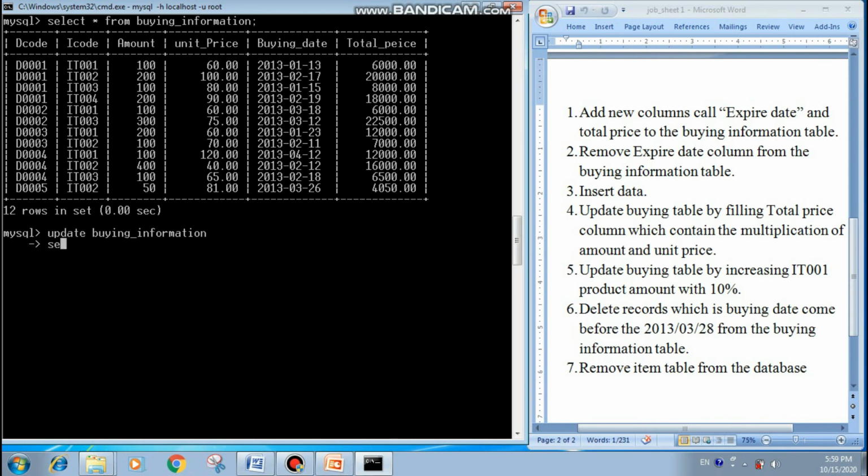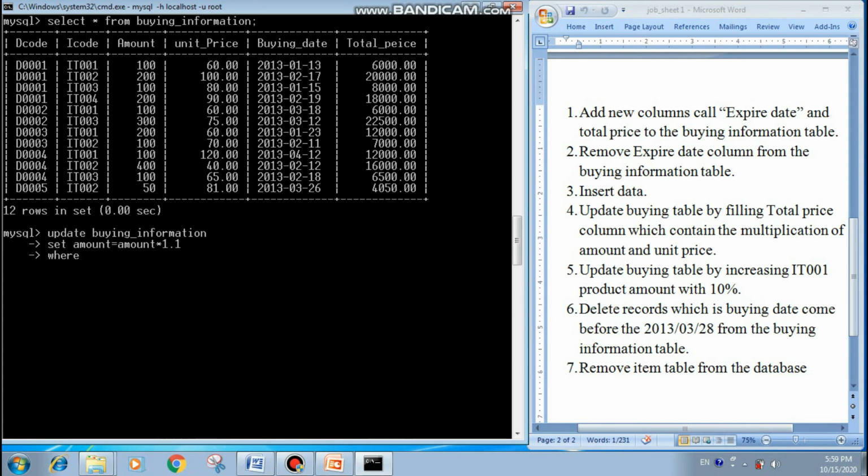Update table name, set, field name, according to my example it is amount equal. Here I am going to update the current amount by 10%. Because of that I multiplied the current amount by 1.1.